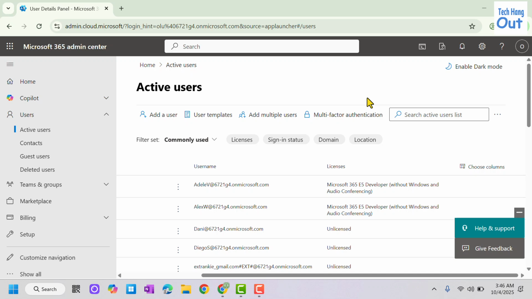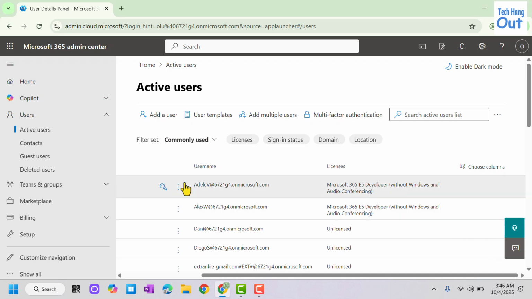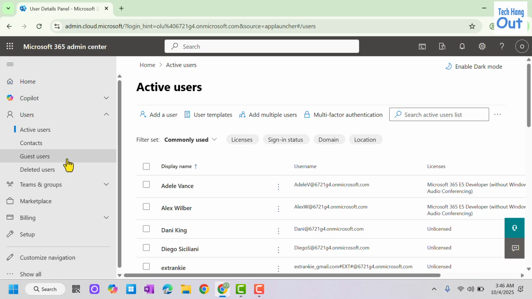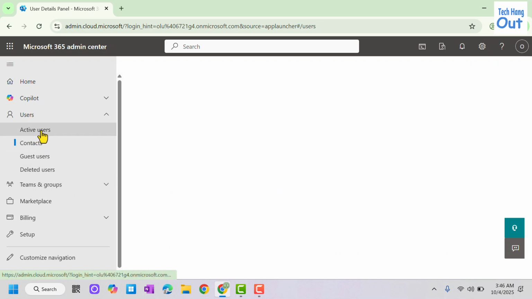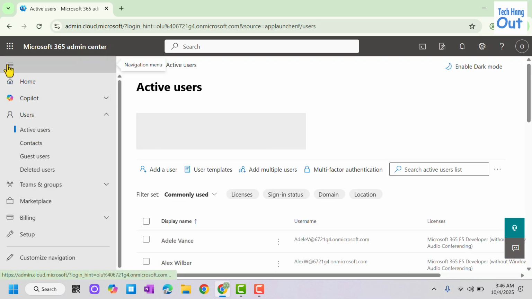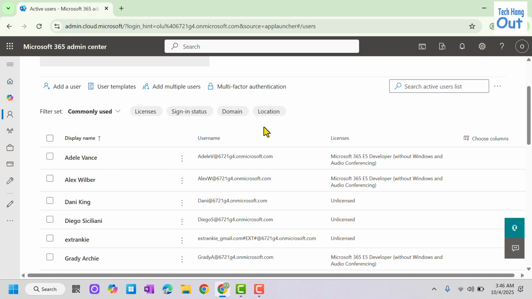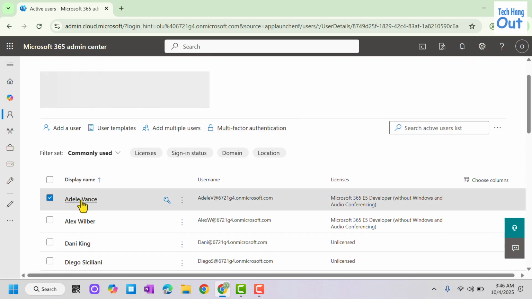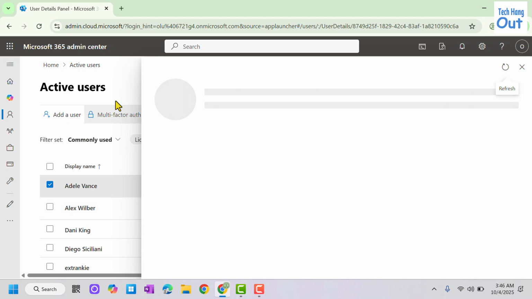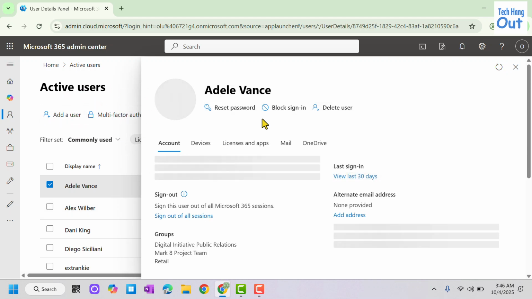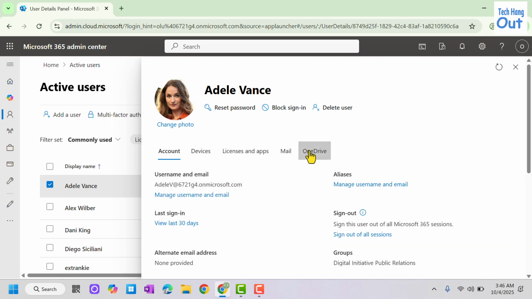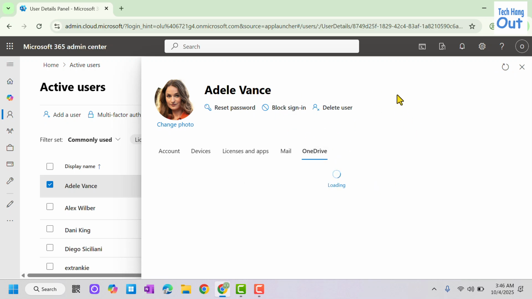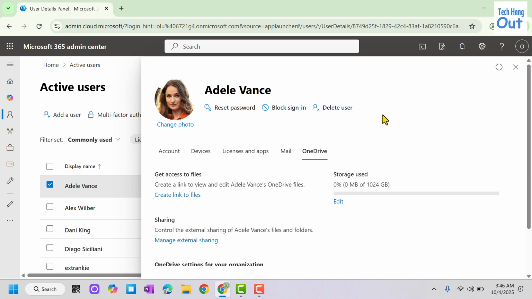Once you have all the necessary information, all you need to do is come to the Microsoft 365 admin portal. Here I am on my Microsoft 365 admin portal. What you need to do is select the user's account. Once you select the user's account, you go to the OneDrive tab. When you get to the OneDrive tab here, you will see this link that says